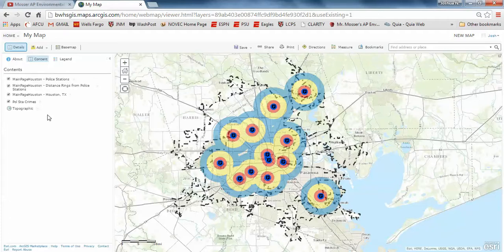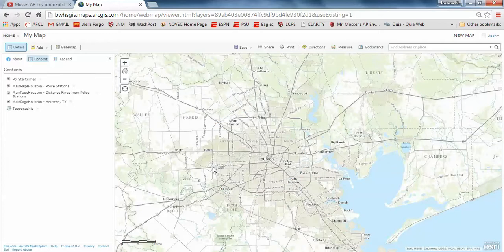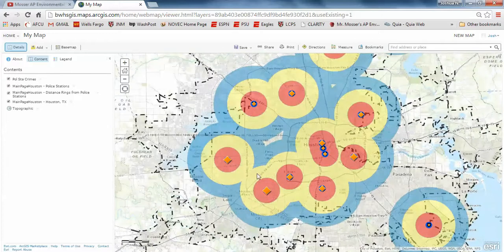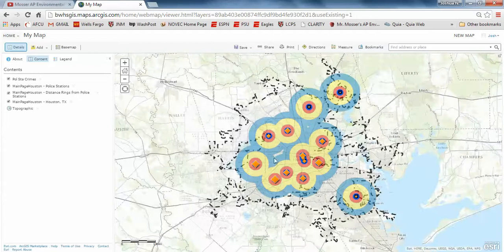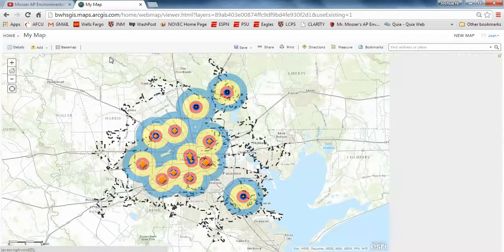So we're going to move that all the way up to the top. So you see we've got graduated symbols. The larger the symbol, the more crimes that were associated with that police station. So make sure you have all of Houston in your window. And when you do,